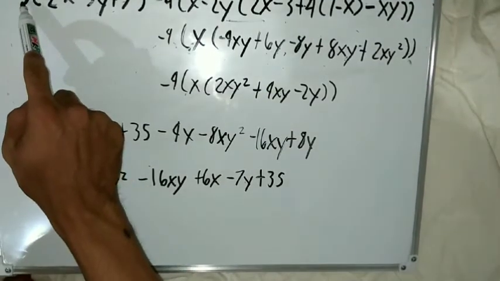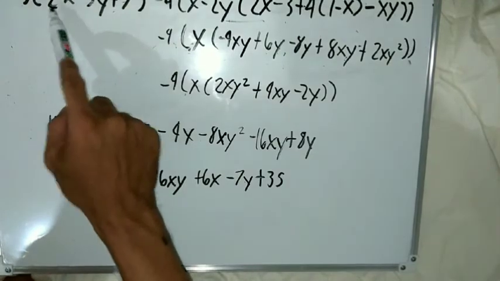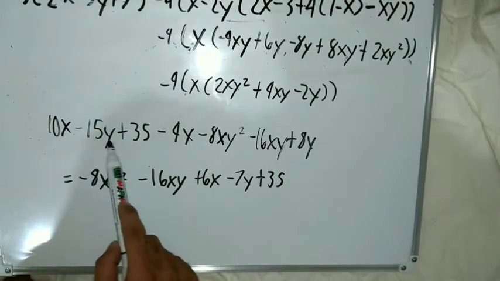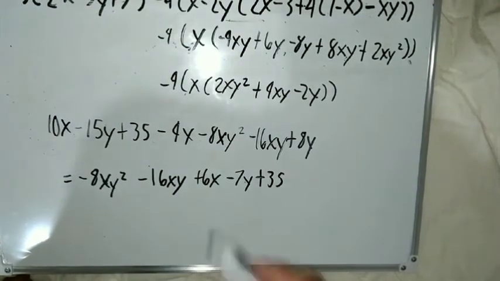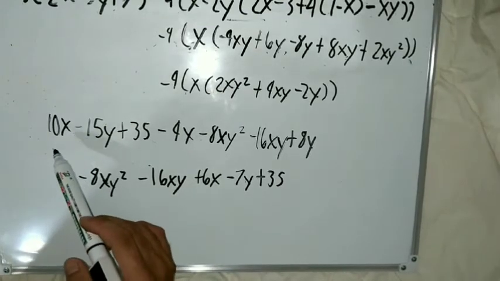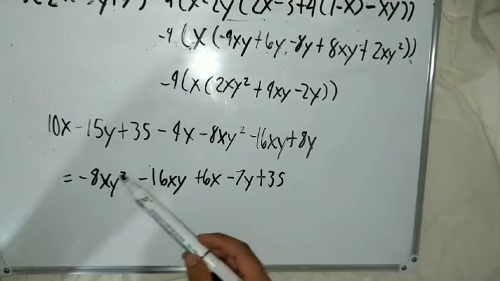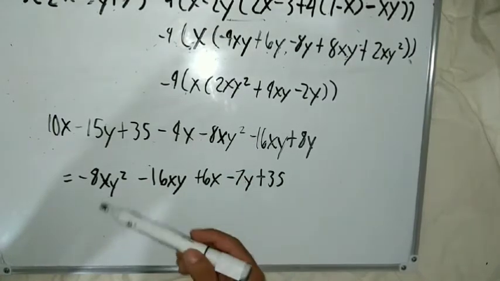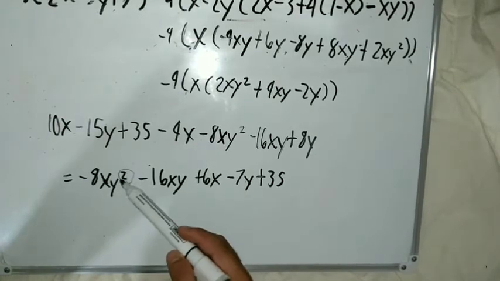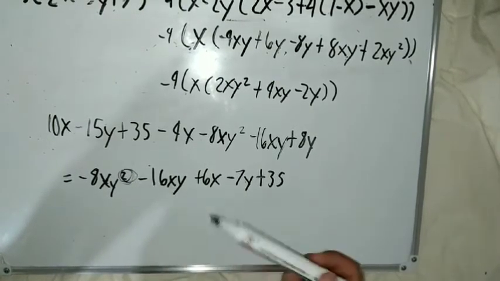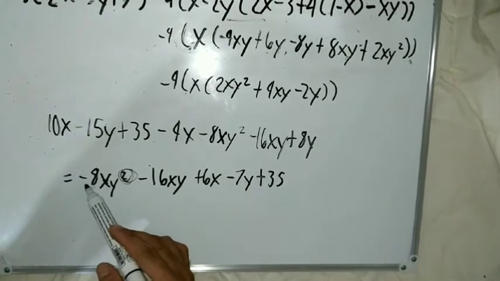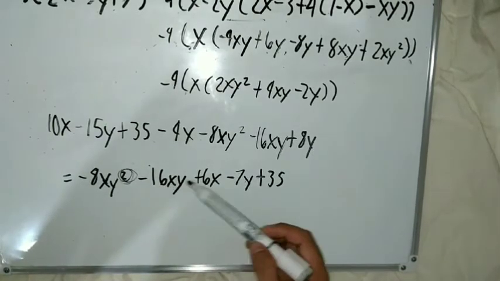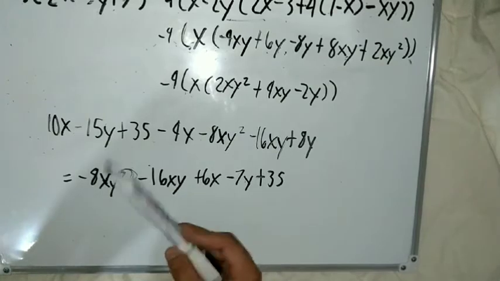And here also, 5 multiplied by 2, and 5 multiplied by negative 3y, and 5 multiplied by 7, and that would be 10x minus 15y plus 35. And here again, we're going to use the cancellation method. So we must bring down negative 8xy squared because it has a greater exponent of y. So the first is negative 8xy squared and negative 16xy, and here